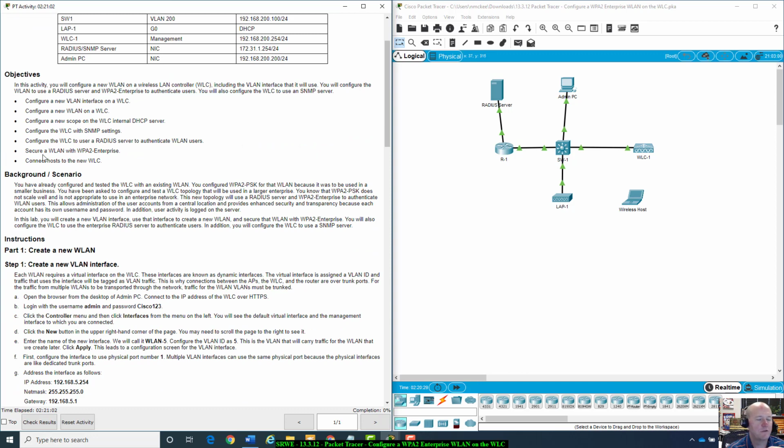In this activity you will configure a new wireless LAN on a wireless LAN controller, WLC, including the VLAN interface that it will use. You will configure the WLAN to use a RADIUS server, which is up here on the top left, and WPA2 Enterprise to authenticate users. You will also configure the WLC to use an SNMP server. So you configure a new VLAN interface on the WLC, configure a new wireless LAN on the WLC, configure a new scope on the WLC internal DHCP server, configure the WLC with SNMP settings,